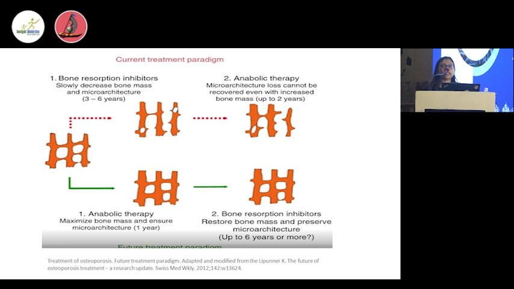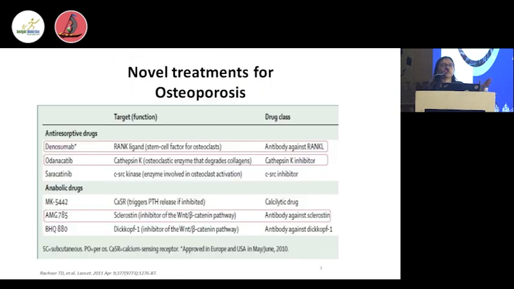Traditionally, and in fact till date, we are managing osteoporosis with only one drug, that is bisphosphonates, in addition to calcium and vitamin D. So why do we need these new molecules? What is the concept behind this newer therapeutics? Despite compliance to the bisphosphonates, calcium and vitamin D, we see a history of recurrent fractures again and again. To address these unmet needs, we need better therapies which will have better efficacy with fewer side effects.